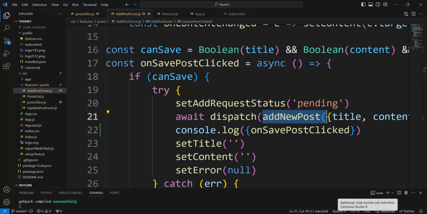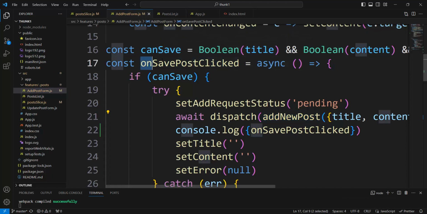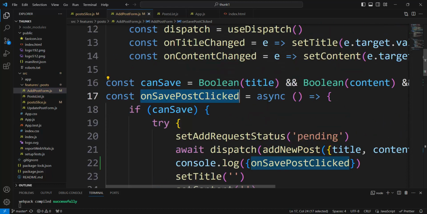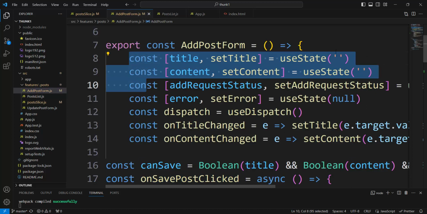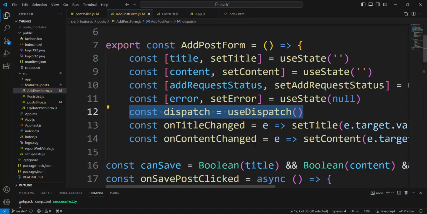And okay, in the next video I go to the thunk function in post list, post slice. But again, a lot of story here. Story about on save post click. Story about state, user state. Okay, this page